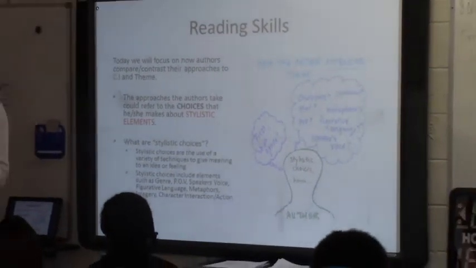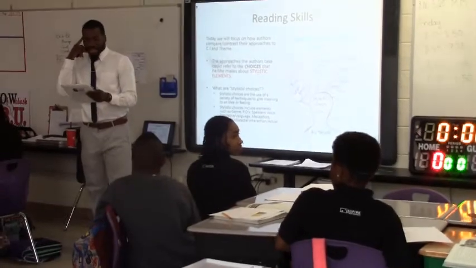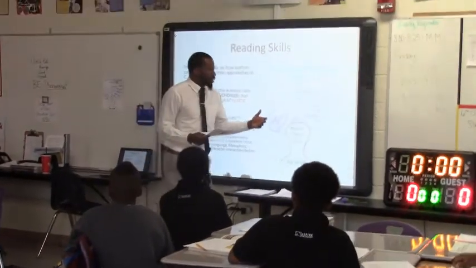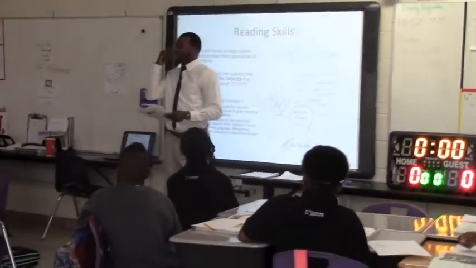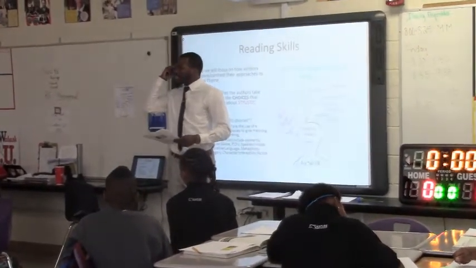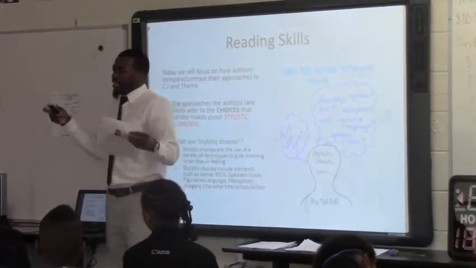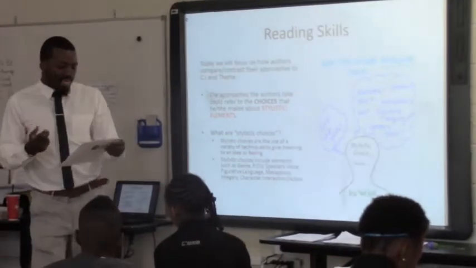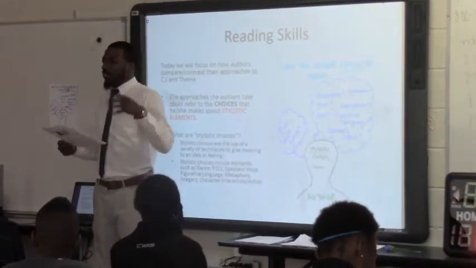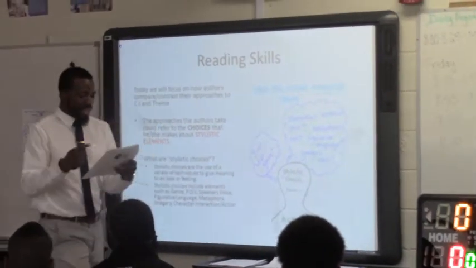Life for me ain't been no crystal stair. When I look at this, I don't think she's literally saying her life is a crystal stair. So if I don't think she's really saying that, I think this has to be some type of figurative language, right? When I think about it, I think it's a metaphor because she's comparing her life to a crystal stair. And I know it's not a simile because she did not use like or as. So I know already one of the author's approaches was metaphor, or figurative language.